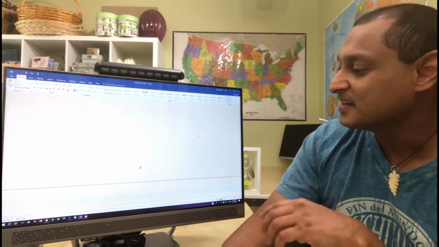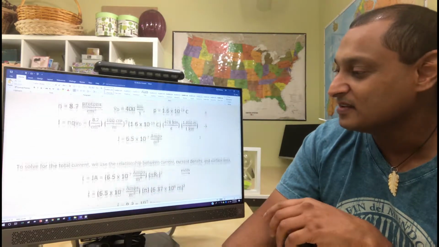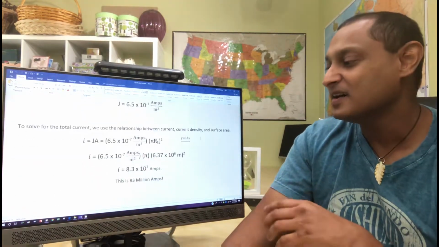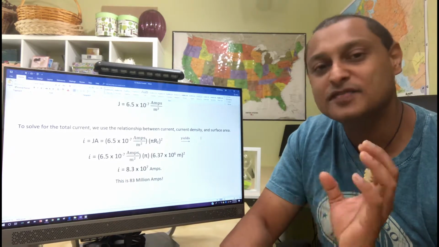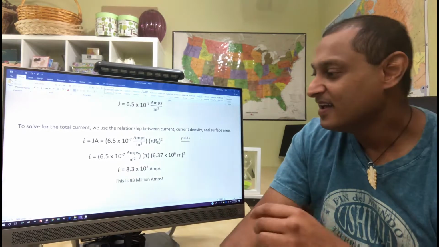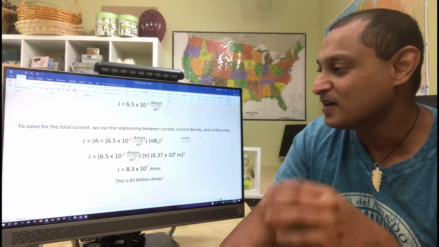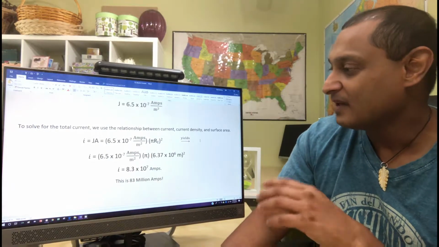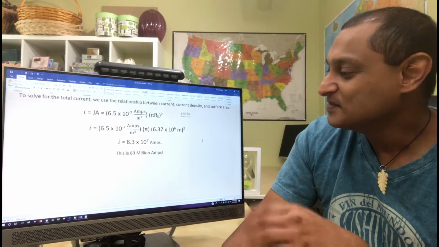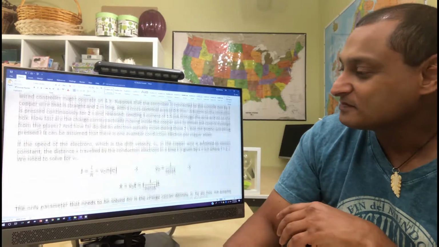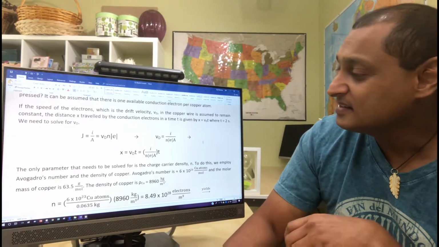It's quite a significant example. It's actually quite cool. I think the reader will get a kick out of how much current the Earth receives just from the sun and the solar wind. And if not for the protection of our atmosphere, we wouldn't be here to have this conversation. So it's quite an interesting example. Current densities are dealt with,